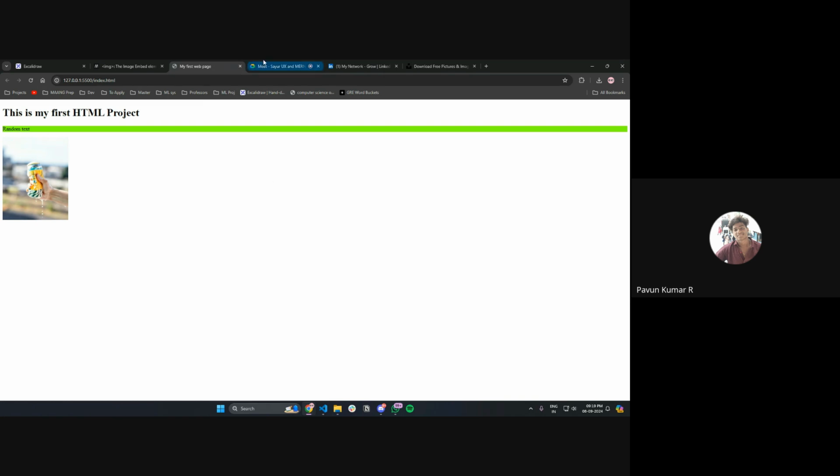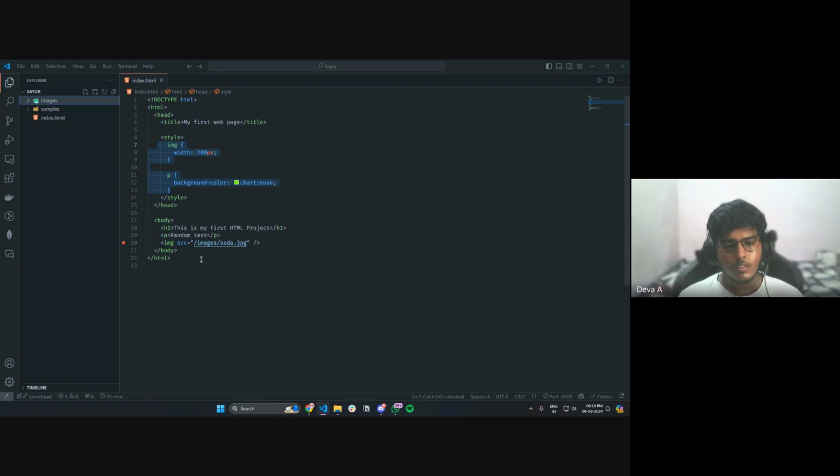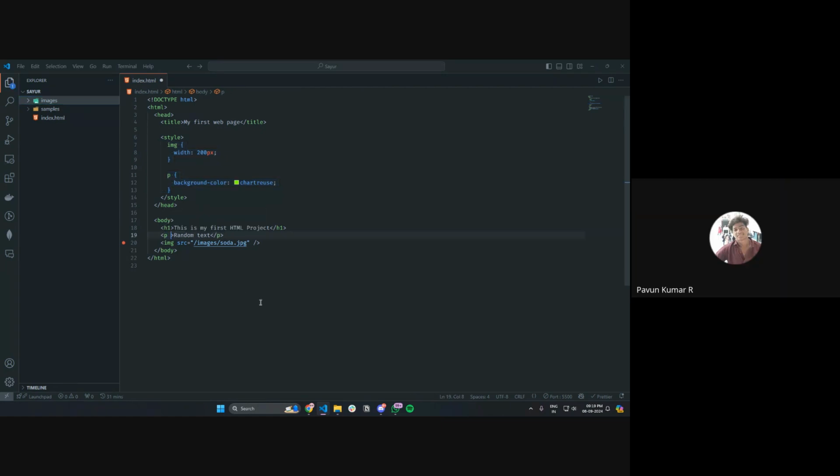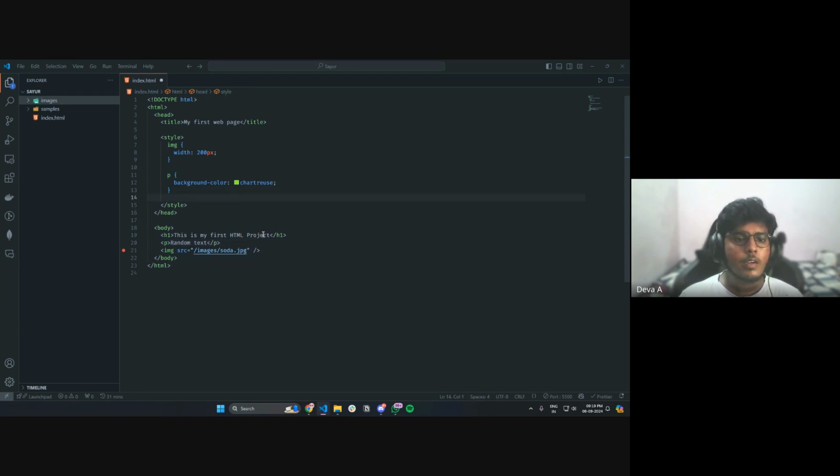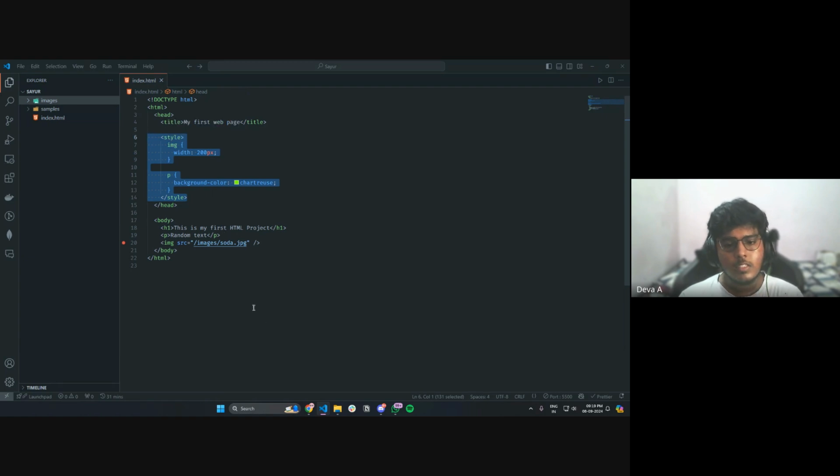So inline CSS is different. There are many things related to CSS. Many things in the sense that there are multiple ways to give CSS. For example, you can give it in the head, inside the style tag. The second thing which he mentioned is inline CSS. Where do we use inline CSS? For example,